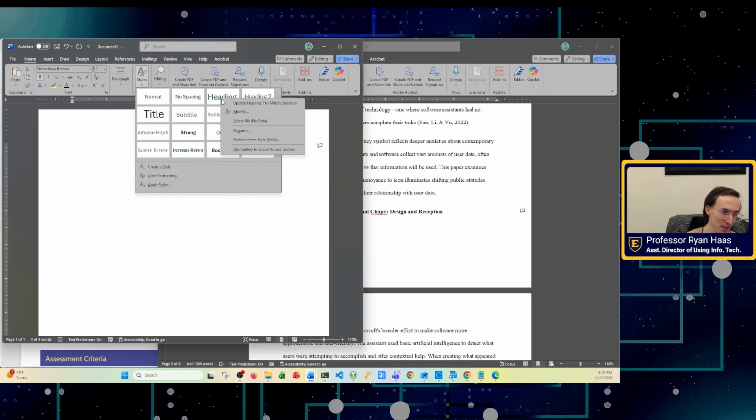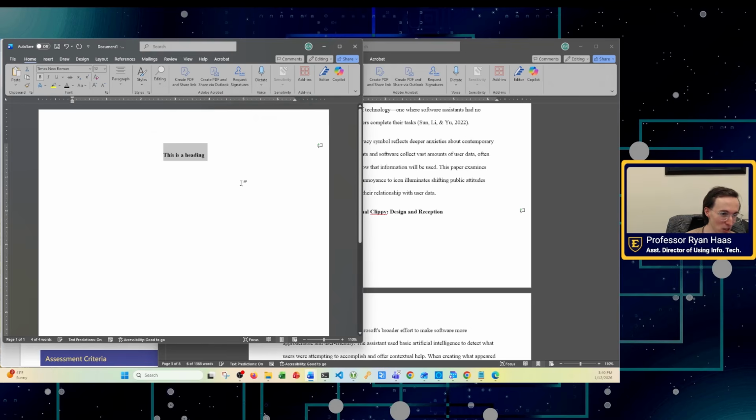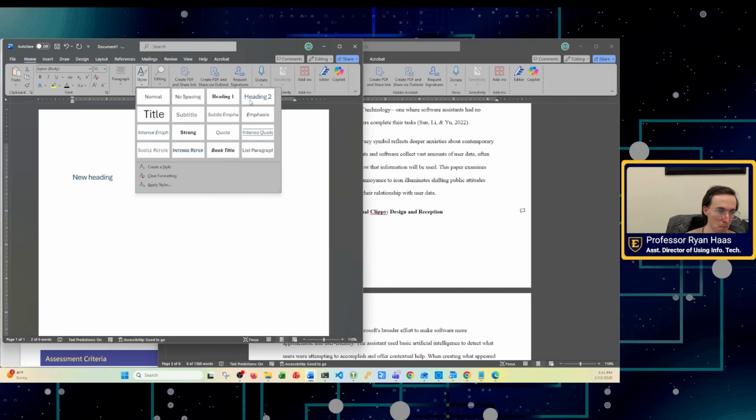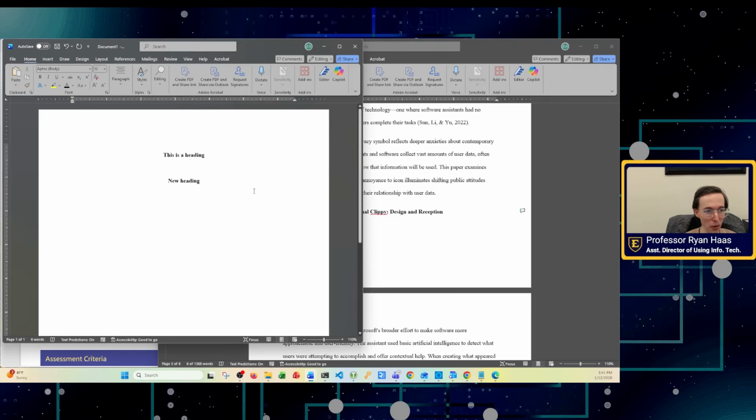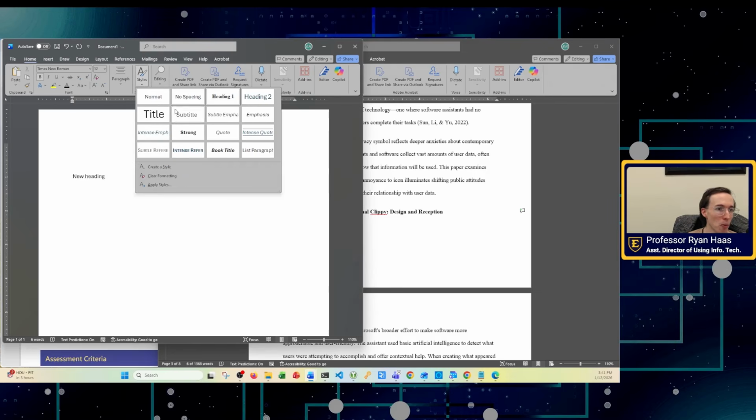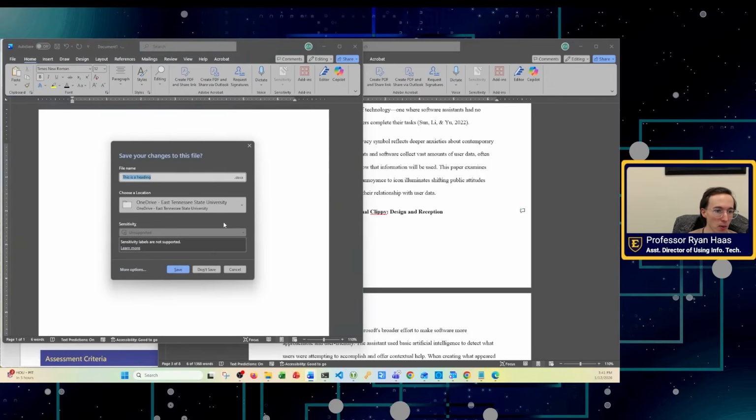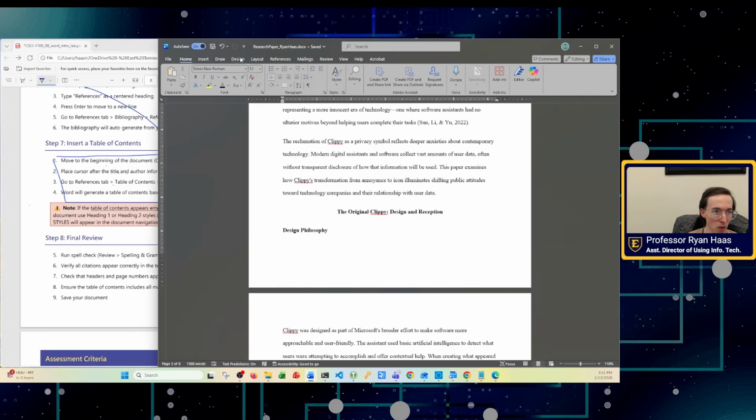So then I could right click this, say update to match selection. And then every time I want to use that, boom, kind of like what we were doing with our resume. And so that means that you can create your own APA templates, your own personal report style template, whatever. But these heading styles are important because these are what create the navigation for us, which means if